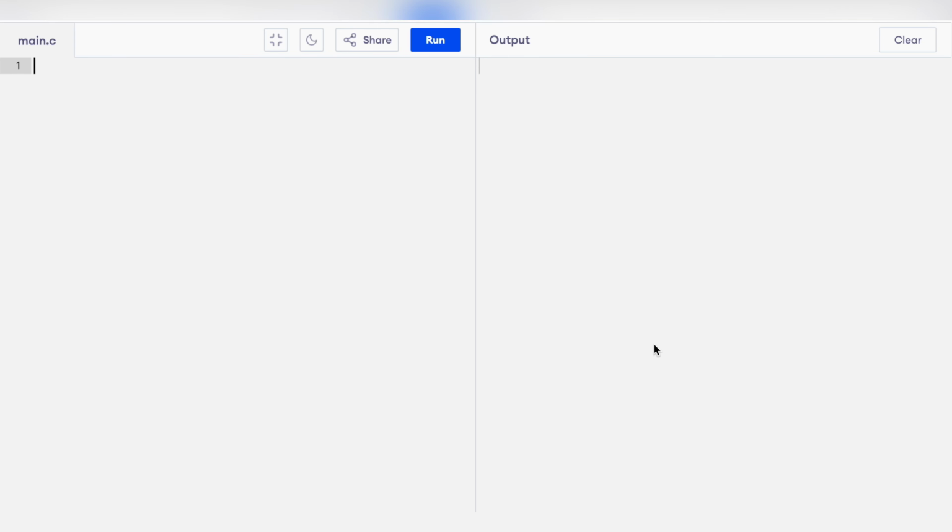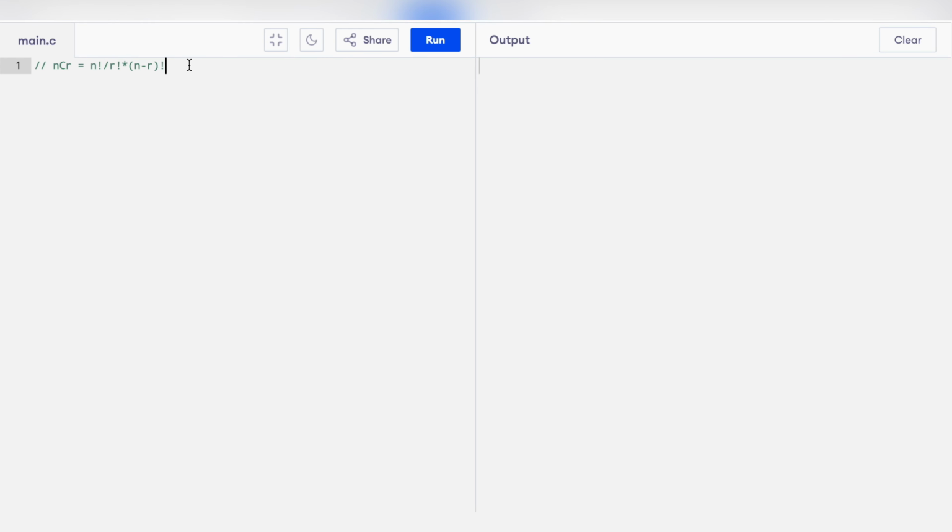Today we are going to make a C program to find the value of nCr. What is the formula of nCr? nCr is equal to n factorial upon r factorial into n minus r factorial. Okay, so to find the value of nCr, I have to make a function to find the factorial of a number because I am going to find the factorial of n, factorial of r, and factorial